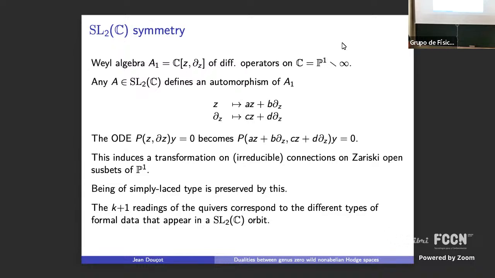I will show, in a minute, the diagrams for the Painlevé equations. The ones for Painlevé 6, 5, and 4, and maybe that's all, fall into this simply laced framework. But the other ones don't. And so you need what I'm going to explain next if you want to do the same.